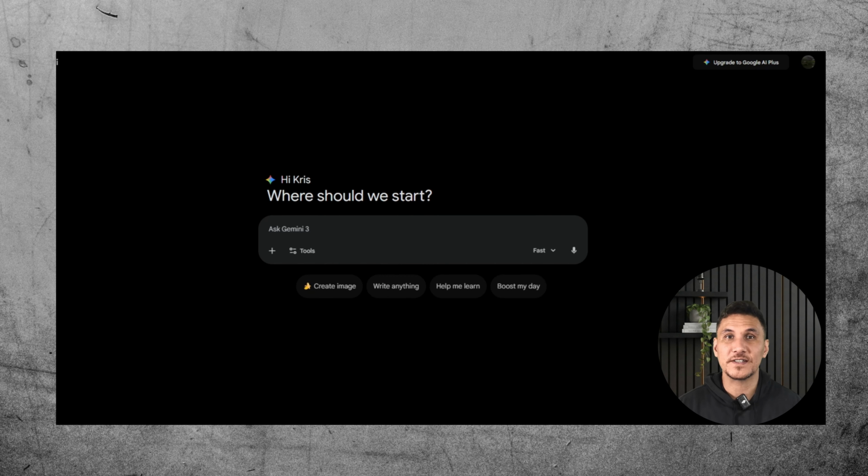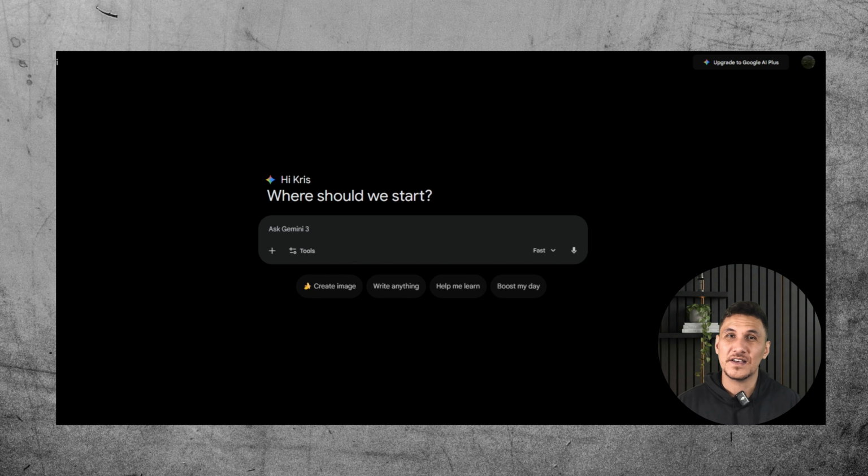But there is one risk we haven't talked about, which is privacy. This is the setting that keeps you from getting fired, because by default, Google would save your chats and use them to train the model, which is fine for writing blog posts, but not fine for financial data, employee salaries, or legal disputes. If you're pasting an NDA or a client's tax return into a standard chat, you're taking a